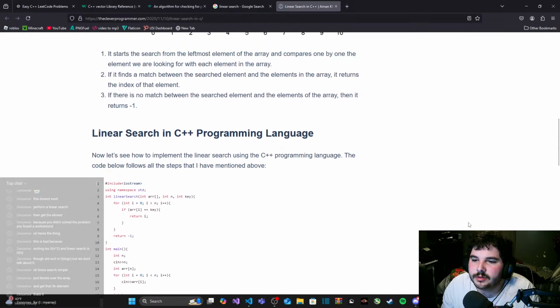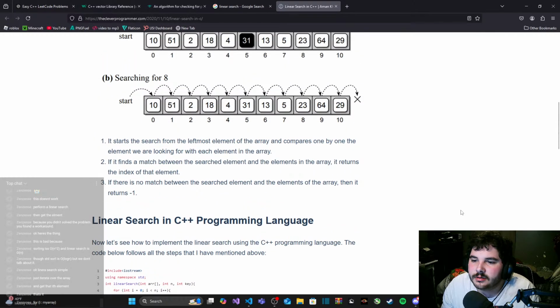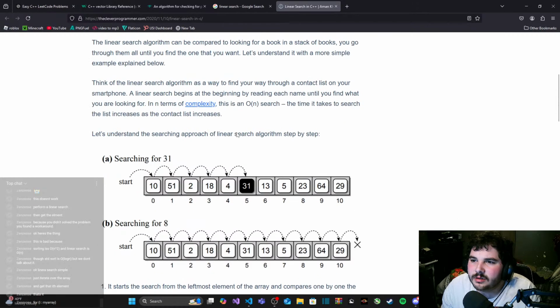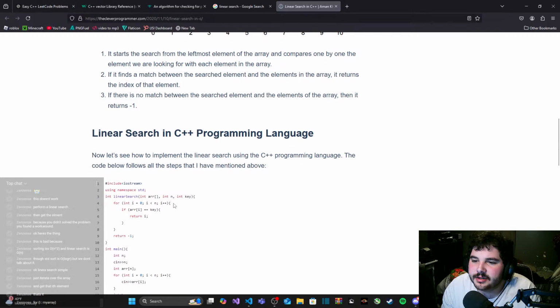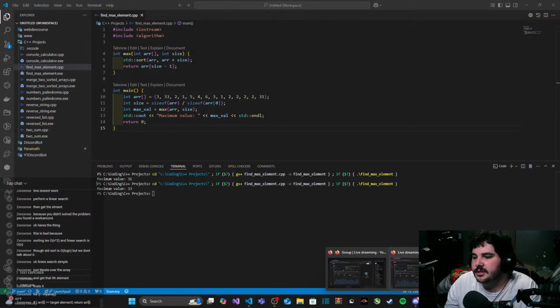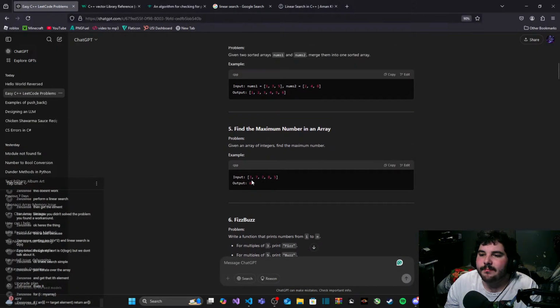Oh shoot. Probably shouldn't have looked down there. But hold on, this is like taking a key into mind though. Yeah. I have to have a target element, but the point of this is to be able to find the max, right?